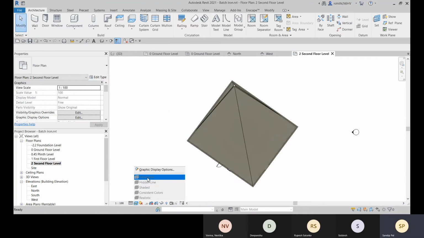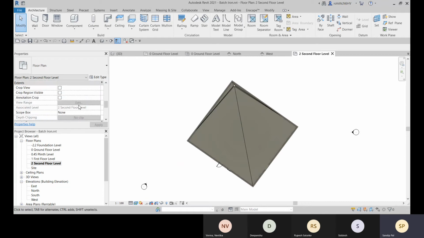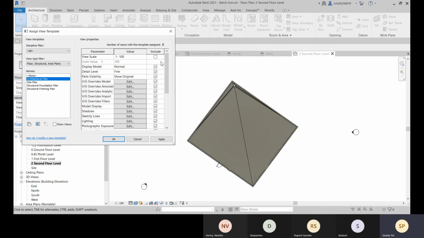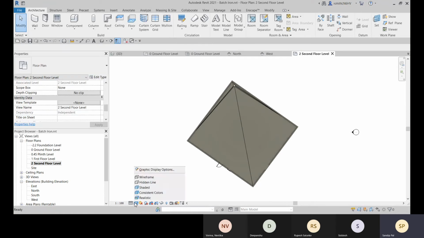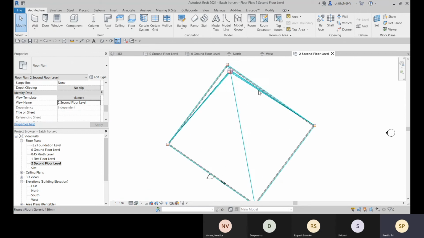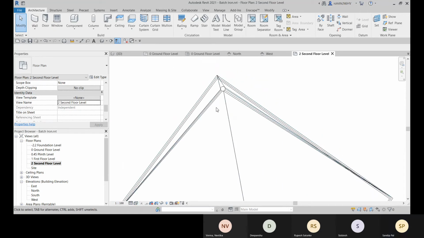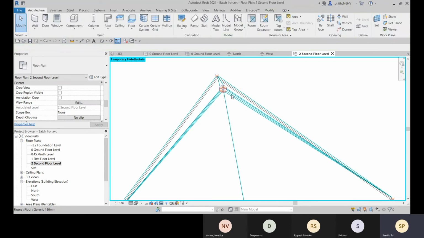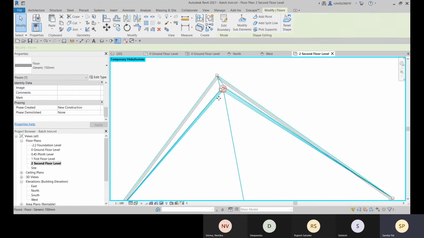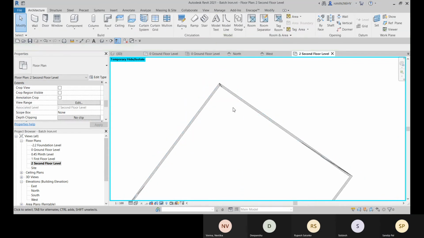You can go with the wireframe. Because this project view template is selected, in this view template you need to change it, or else you can remove the view template and make these changes. Here you can hide this element. HH is the shortcut to hide all these elements.